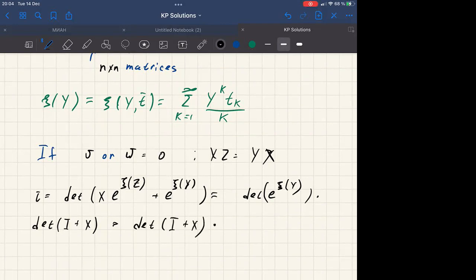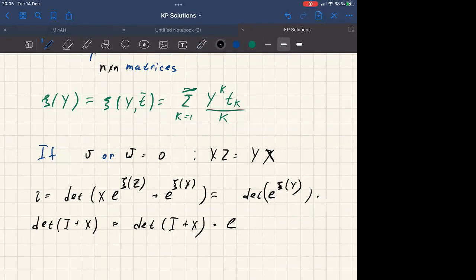Sorry, and where is psi of z? Psi of z, when we change this, psi of z becomes psi of y, and we